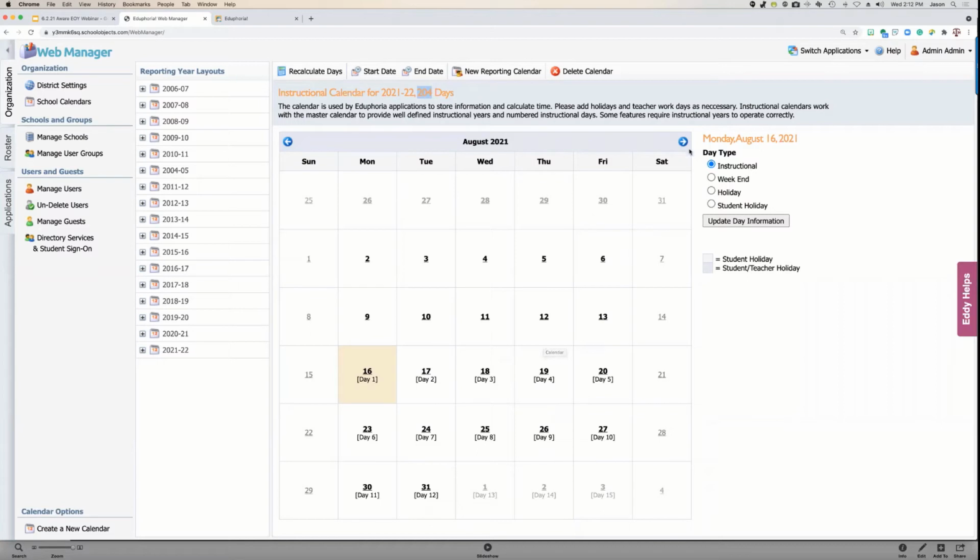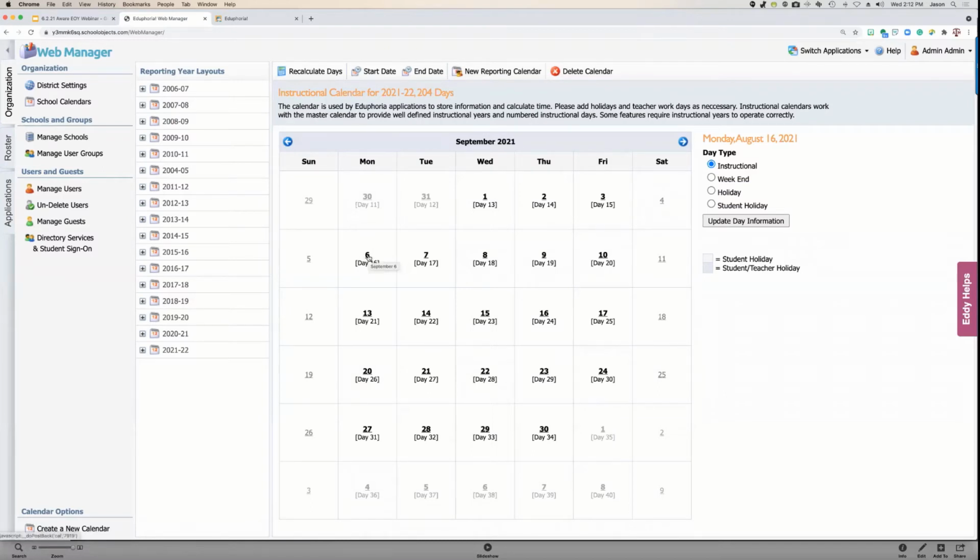For example, if I move over to September, the first Monday in September is always Labor Day, and that's usually a holiday for most districts. So I'm going to click on the 6th. You see how it highlights it there. Then I'm going to change that to holiday, and you'll notice that this 204 is now going to go down to 203, and the 6th of September no longer has a count for instructional days, because the 6th is not an instructional day. Obviously, you can go into your Thanksgiving, your Christmas holidays, spring break, Good Friday, all those things that you know are not school days,